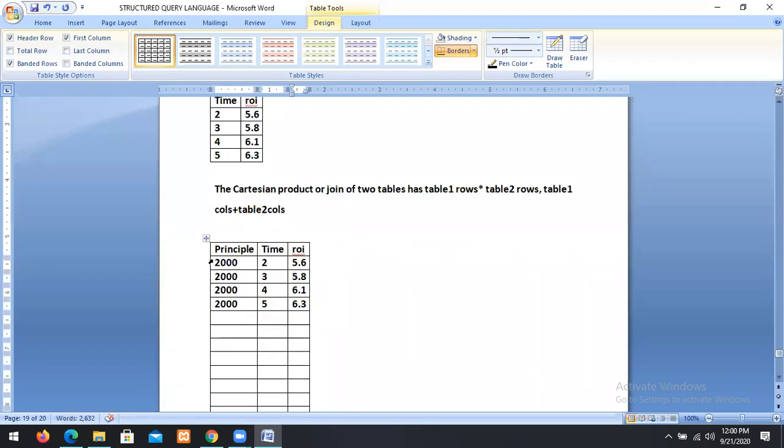So each row of the first table is joined with all the rows of the second table.